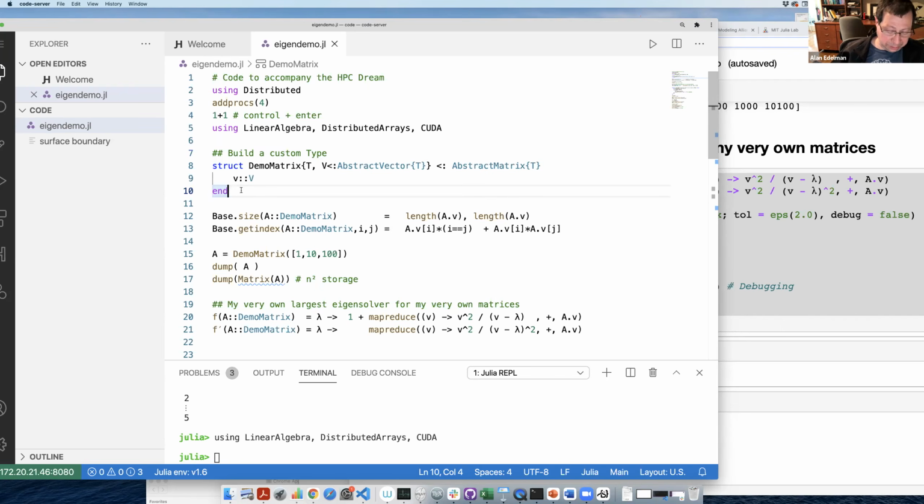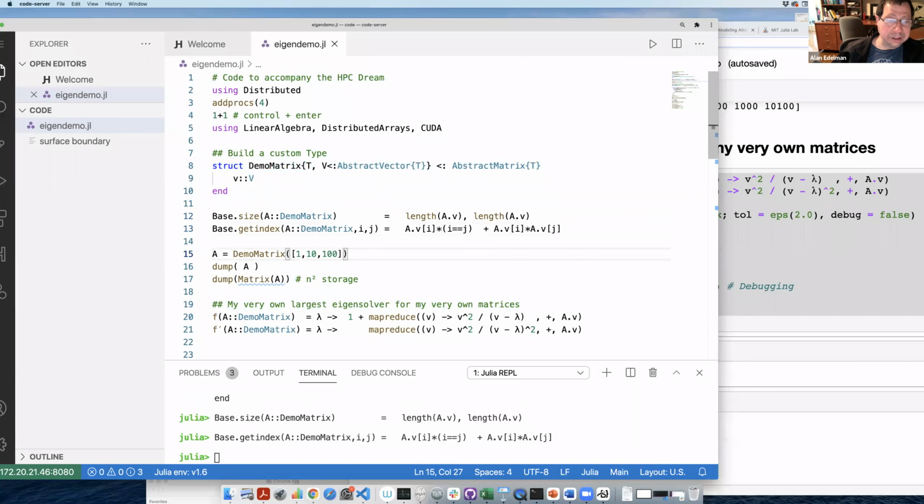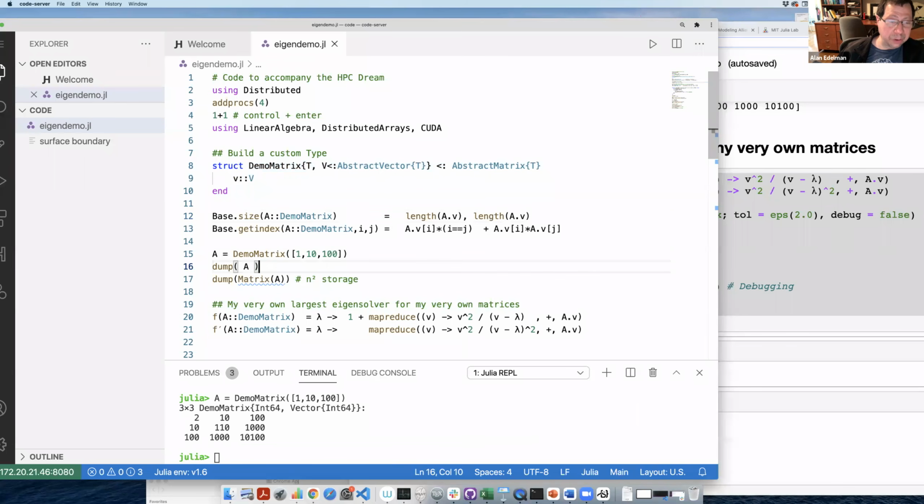Here, let's go ahead and actually execute the code that I showed you before. I'm going to have my demo matrix. Wait, what have I done? I didn't highlight the right stuff. Sorry, let's do that again. There we go. Okay, and like I said, I need a size function and I need a get index function. Here is my demo matrix that I showed you before actually running, and you can see that it's only storing 110 and 100.